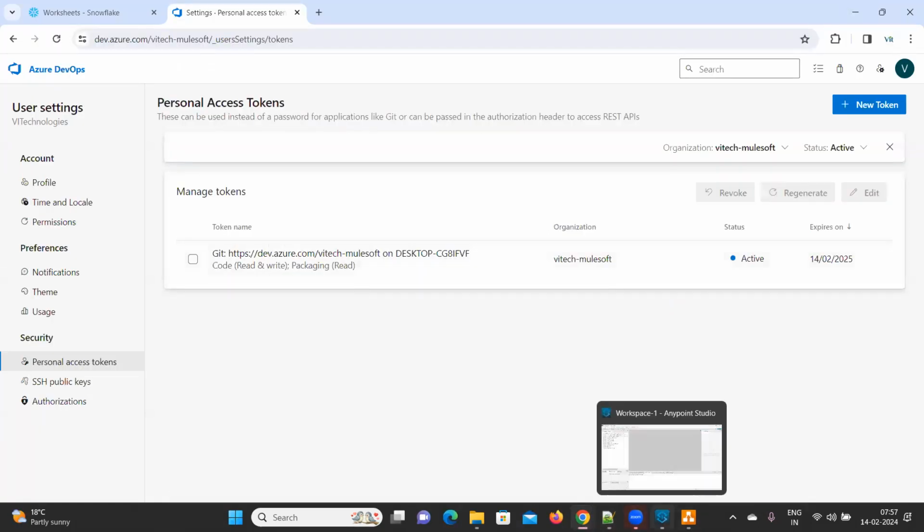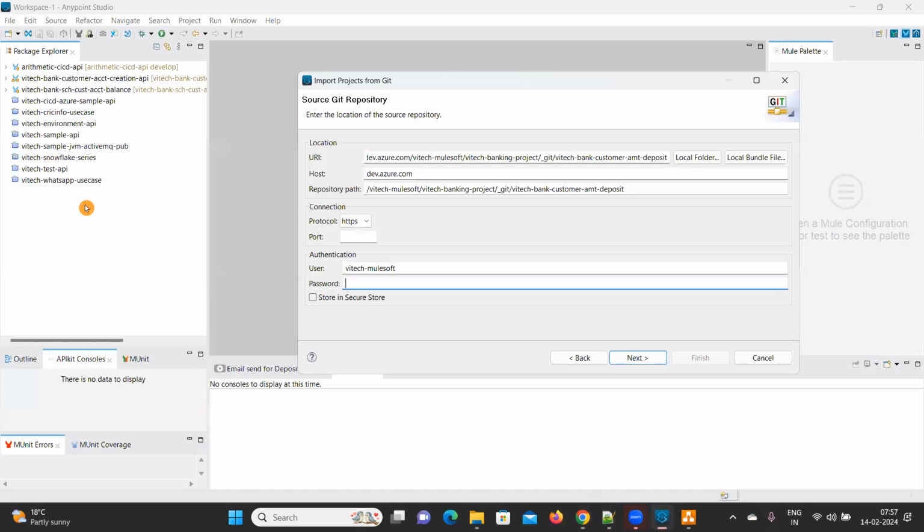I'm going to show you the two ways. One way you already know, by using git bash commands, how to clone and how to push. But here we don't have that project, so how to clone? What you need to do: File, Import, Git. Here you need to provide your URI and your password. Every time you need to provide your password, but if you click this one, it will store in the secure store. Click on next,